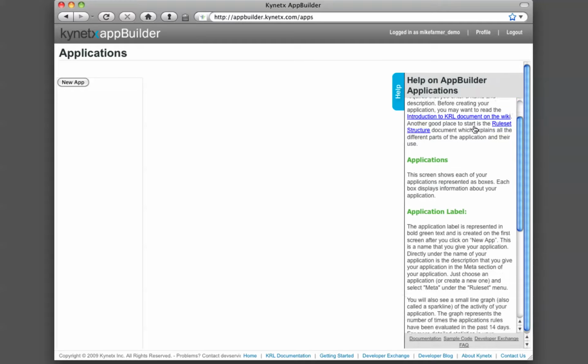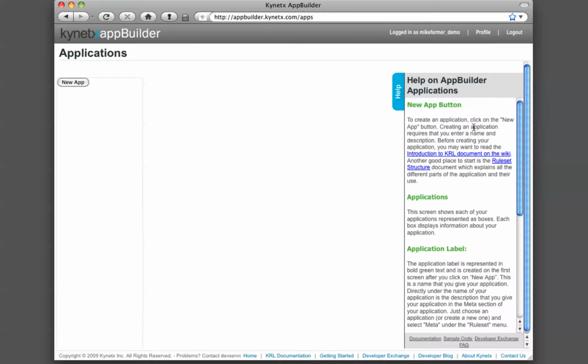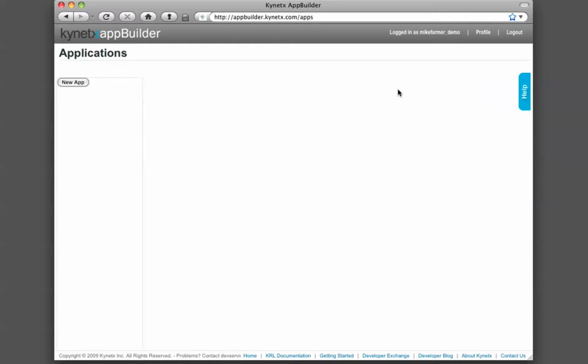This help slide out will give you information about what all the different things on that screen are for, and this help is context sensitive so that it will follow you and give you help at whatever screen you're on. So let's go ahead and walk through creating a new application so that we can look at the rest of the interface. I'm going to go ahead and click New App, and the name of my app is going to be Test Application, and I'll give it a description. This is a test for a demo,